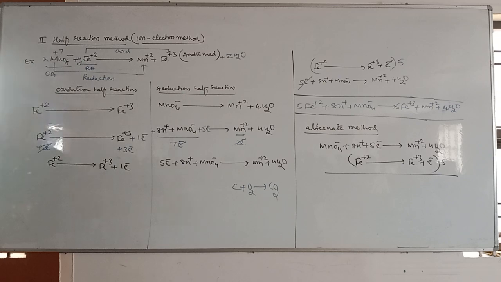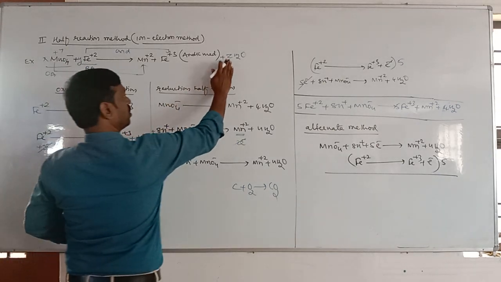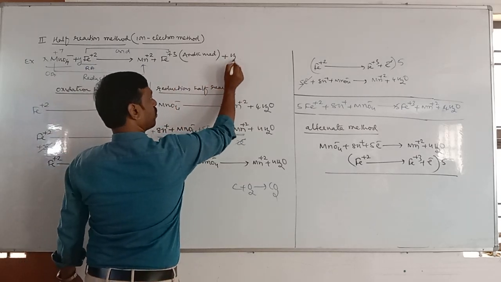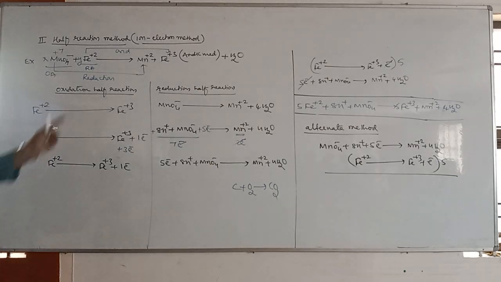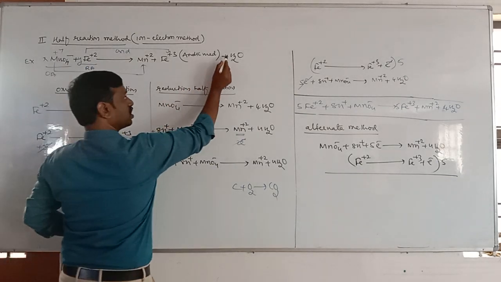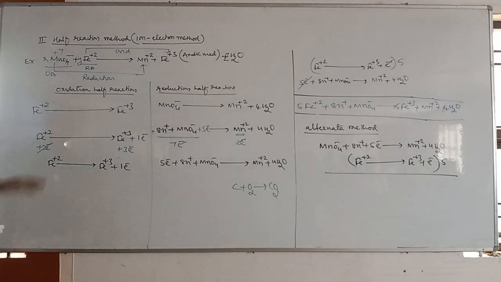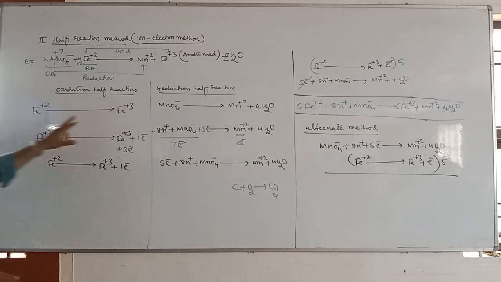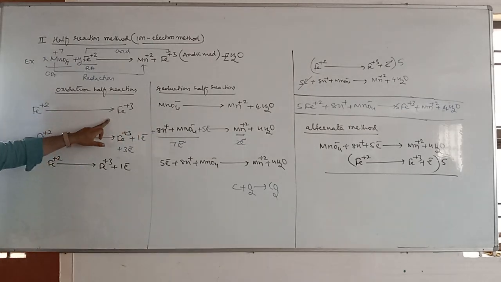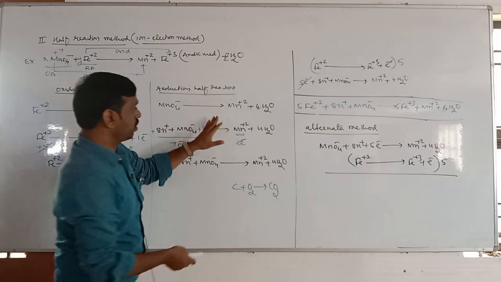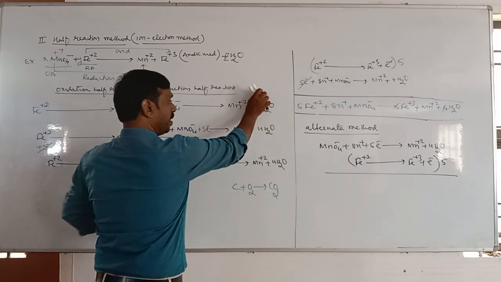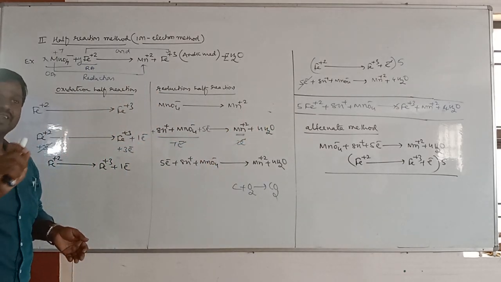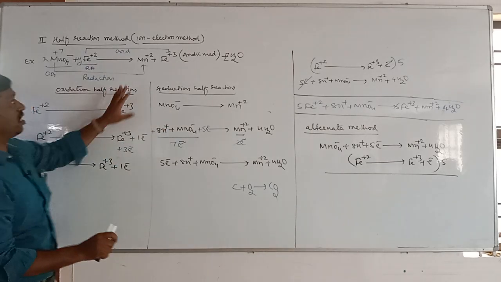Suppose in the half reaction method, for example, here in the equation I have not given water. Suppose the water molecule is given in the equation and they ask what is the z. In the oxidation half reaction and reduction half reaction, have you taken a water molecule for Fe plus 2 to Fe plus 3? No water. MnO4 minus, right? In the beginning we have not taken water, no. While balancing we added it here. It means you need not take any water molecule or H plus ion even if it is given here.